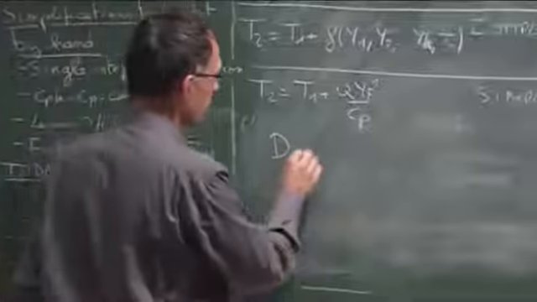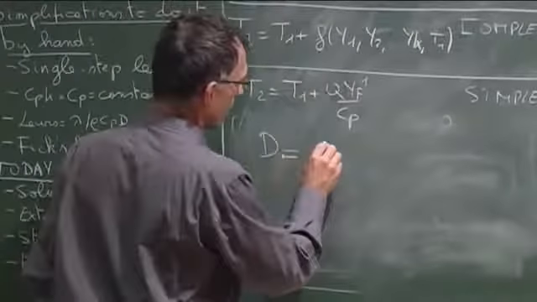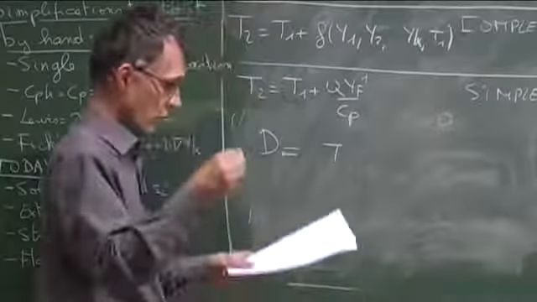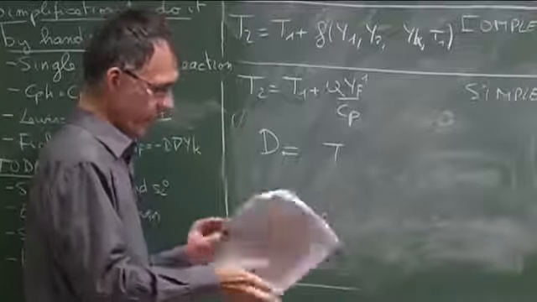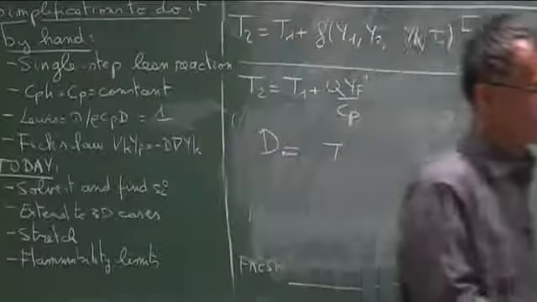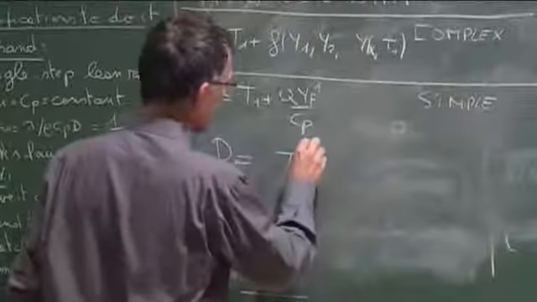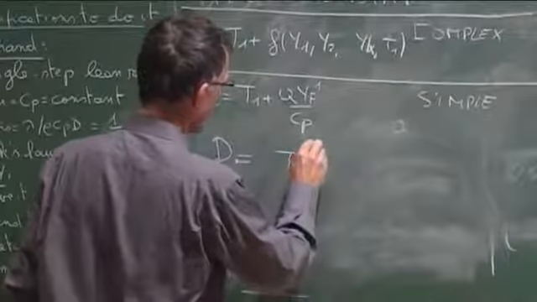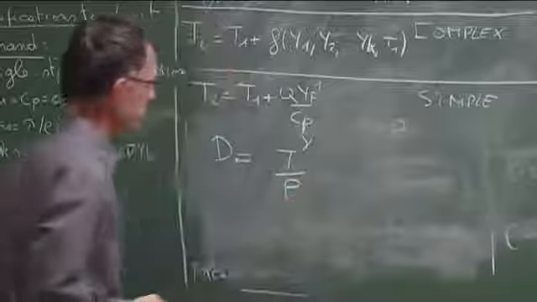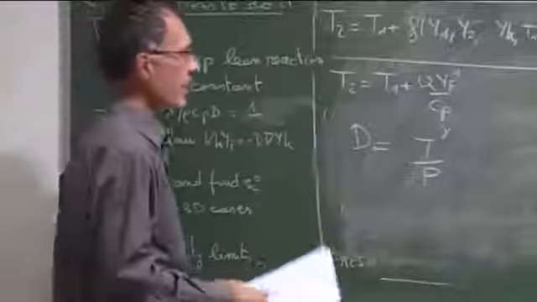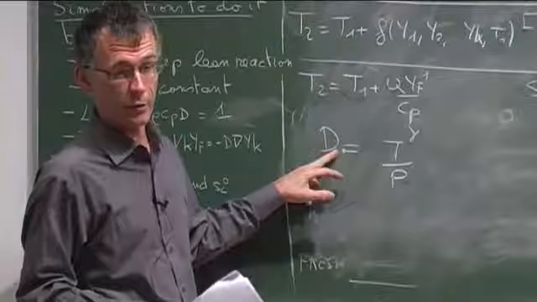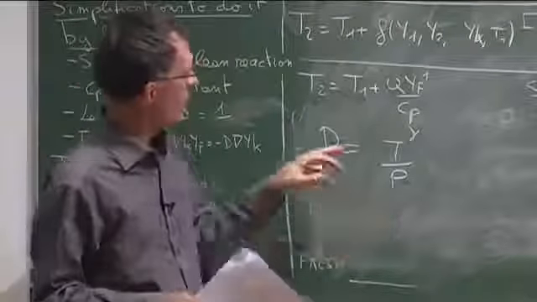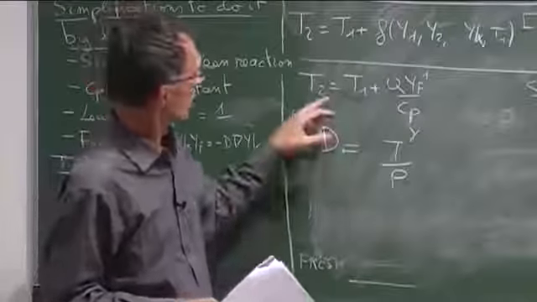The diffusivity changes typically like the temperature to an exponent which is more than unity. Let me check exactly how much I want to give you for this. Okay. So it's T to the power, let's say, gamma, divided by pressure. So typically, if you add more pressure, the diffusivity of a gas goes down. And if the temperature goes up, the diffusivity goes up too.